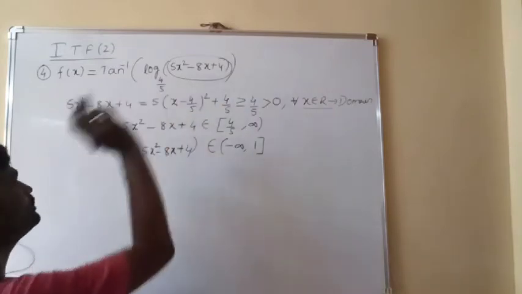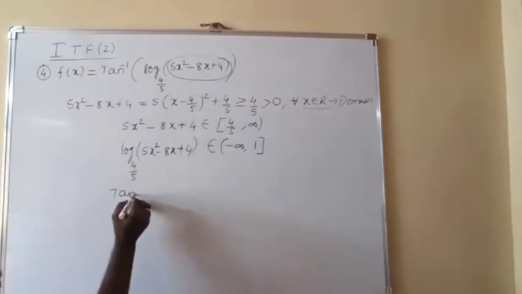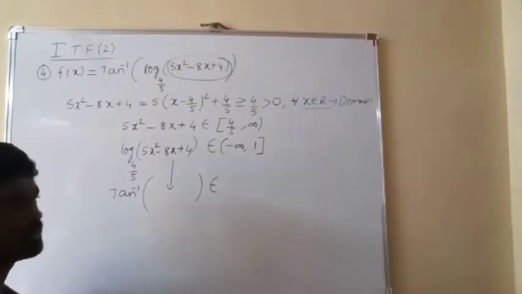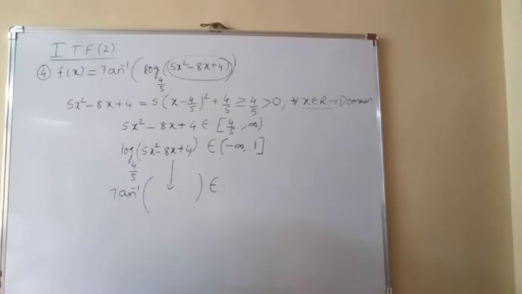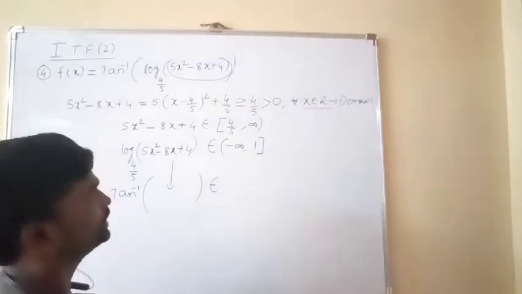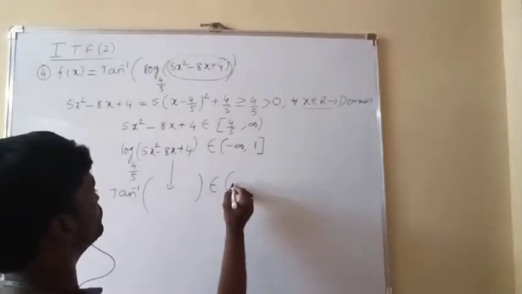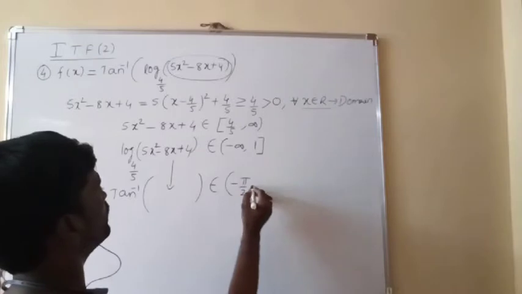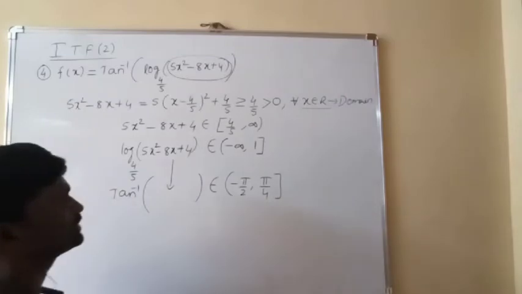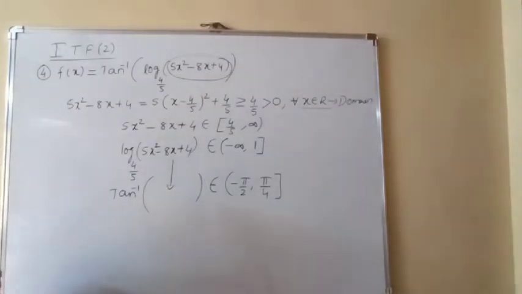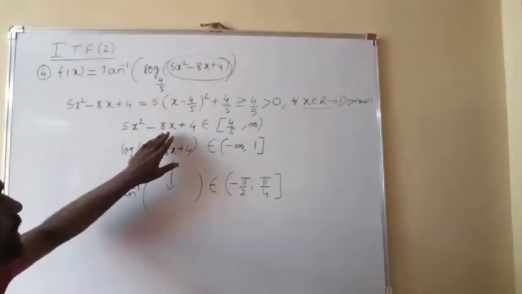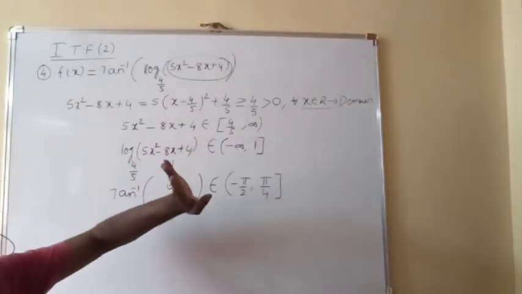But we have to find tan inverse of it. So apply tan inverse. Tan inverse function is what? Increasing function. So you will get minimum value at minus infinity, maximum value at 1. So tan inverse of tending to minus infinity is what? Minus pi by 2. Tan inverse of 1 is what? Pi by 4. So thus the range of this function is left open, right closed, minus pi by 2 comma pi by 4. See here, this function's range is this.